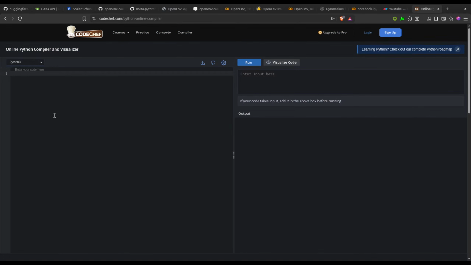So let's say I take an input and store this input in a variable in main. Let me try to print this thing.